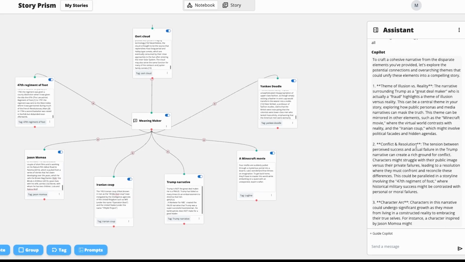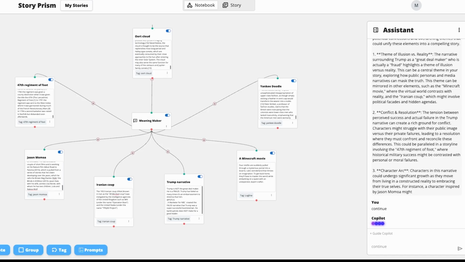Conflict and resolution. The tension between perceived success and actual failure provides rich ground for conflict. Characters might struggle with public image versus their private failures. This could be paralleled in a storyline involving the 47th Regiment of Foot, where historical military success might be contrasted with personal or moral failures. Characters in this narrative could undergo significant growth as they move from living a constructed reality to embrace their true selves. For instance, a character inspired by Jason Momoa might